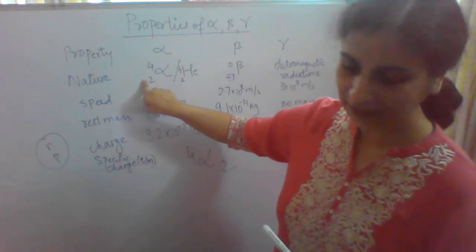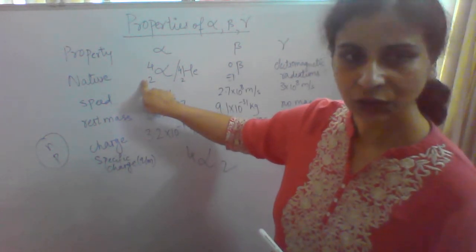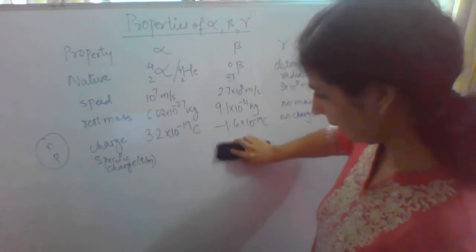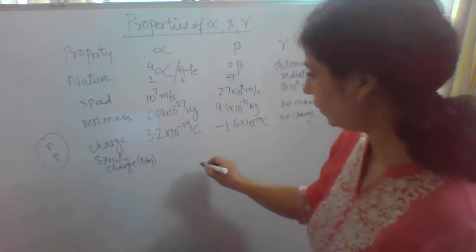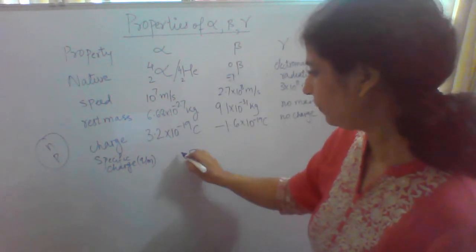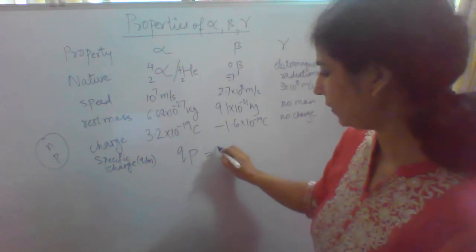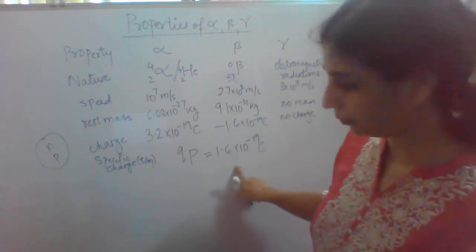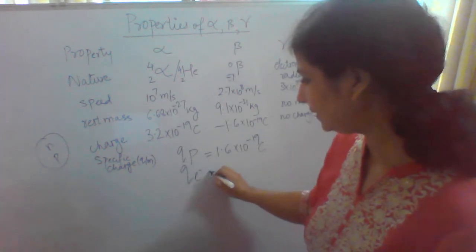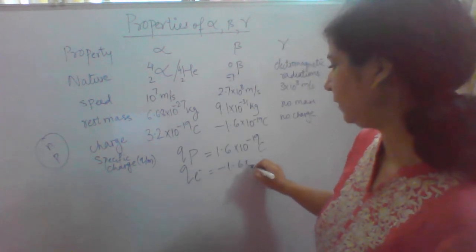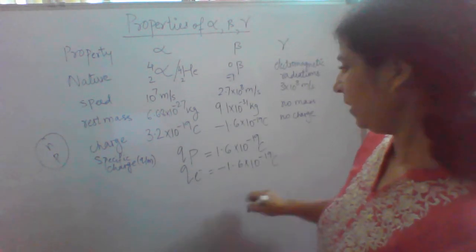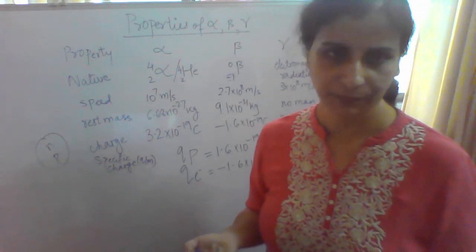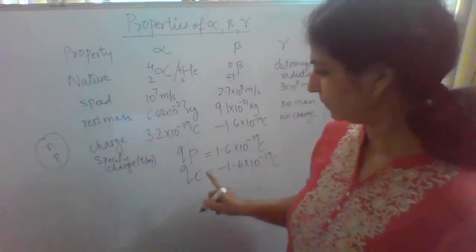So basically this charge is the charge of, first of all let me write down the charge of a proton and an electron so that we can go into the detail of this. Charge of a proton, that is charge or Q, capital Q also you can write, is 1.6 into 10 raised to minus 19 coulomb. Whereas the charge of an electron is the same, but negative: minus 1.6 into 10 raised to minus 19 coulomb. One is positive, one is negative. Q of neutron is neutral. There is no charge for neutron, so it doesn't arise.